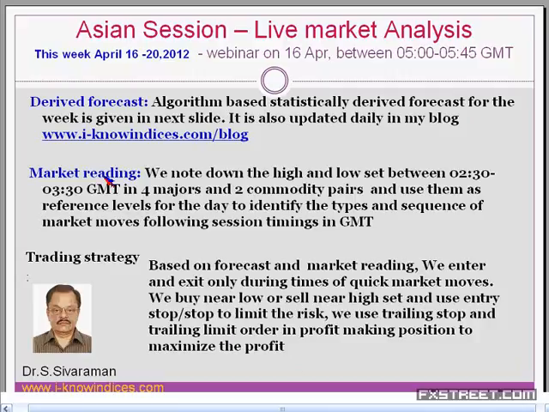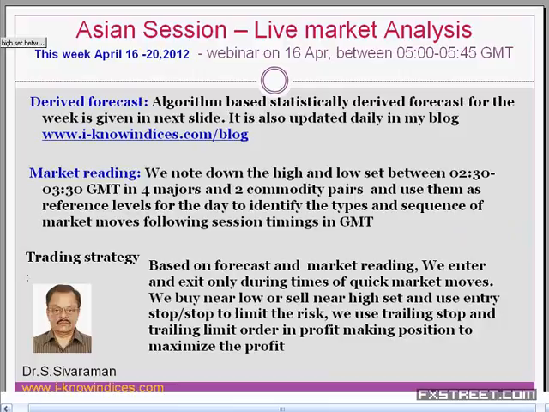So we try to read the market without any fear. We try to accept the trading strategy, either stopped out or hedge is filled. Then we calmly handle the hedge, watch for 30 minutes, and then try to keep stop at entry. We are not in a hurry to close the hedging immediately. So if you use all these trading strategies along with the market reading and use the derived forecast as a guidance factor, you will be able to take your own trading decisions, and there is nobody needed to give you a call in order to take trading decisions.